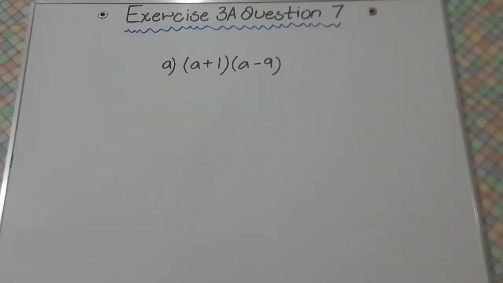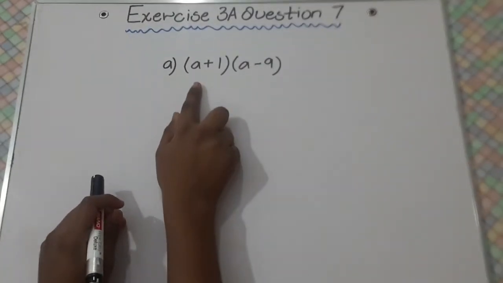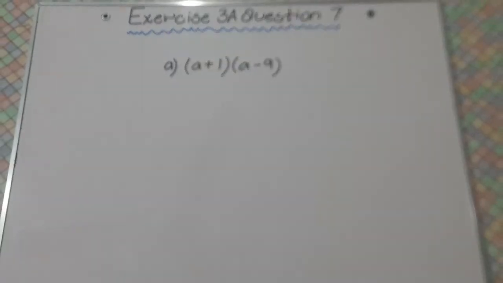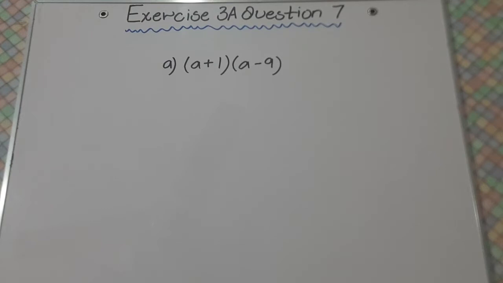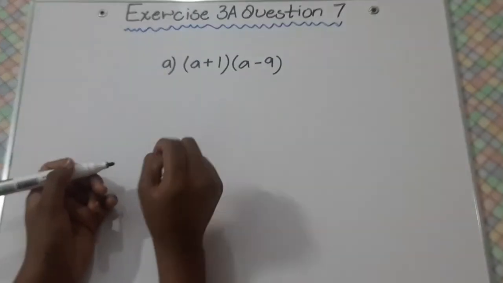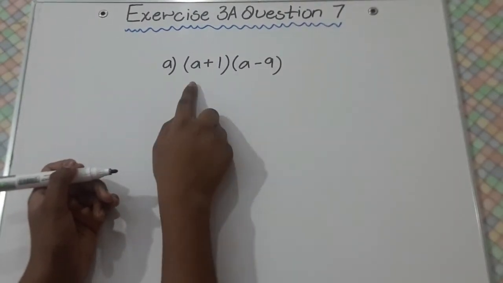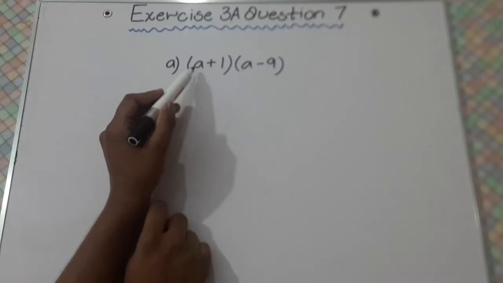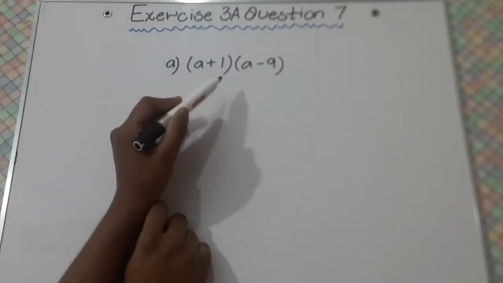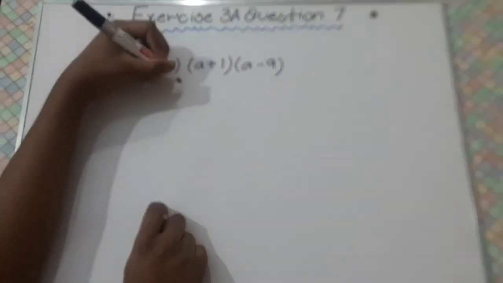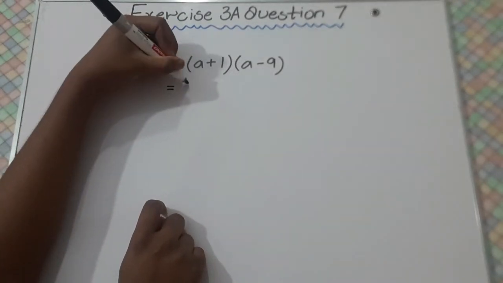This is part A of this question. It says a plus 1 and a minus 9. There are 2 brackets. So we have solved these types of questions before also in the same exercise, but they're on a bit higher level. So now first we are going to expand this first bracket. Means a we are going to use with this bracket and then 1 with the same bracket again. Means like this. See. So first we are going to write a